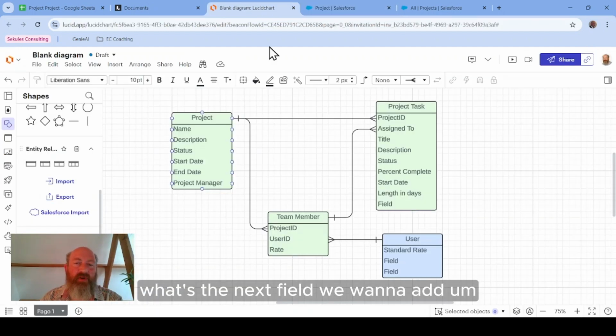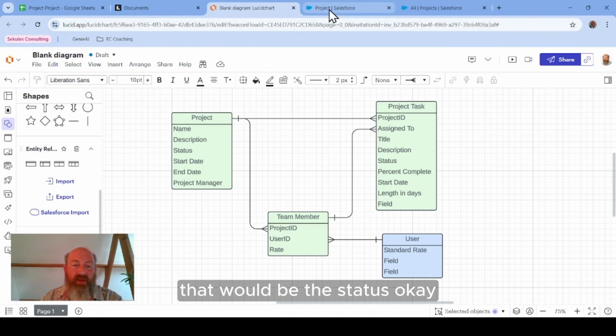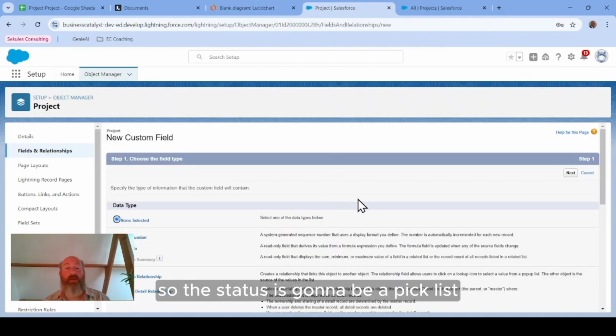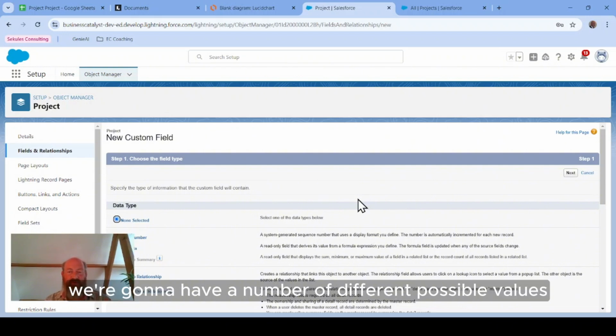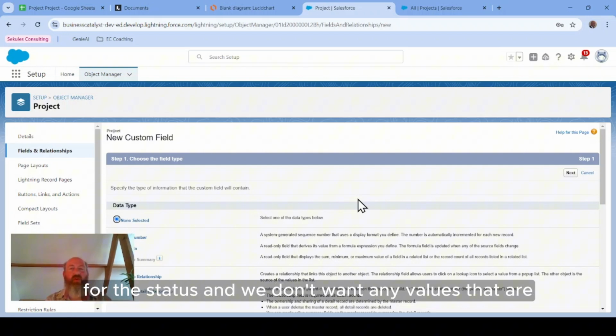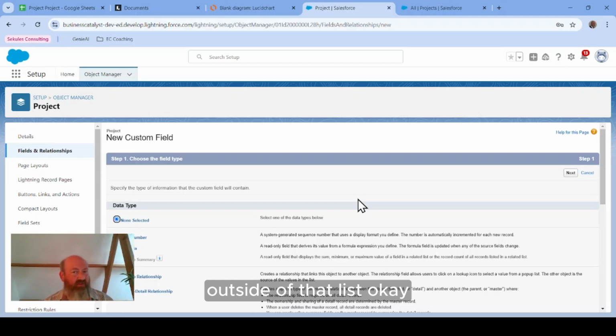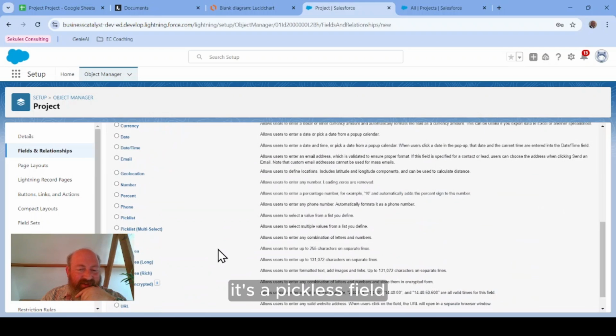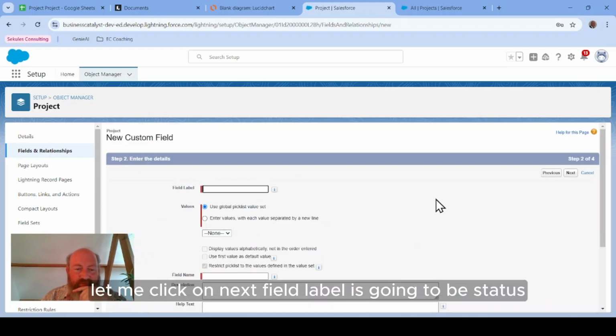What's the next field we want to add? That would be the status. Okay, so the status is going to be a pick list. We're going to have a number of different possible values for the status, and we don't want any values that are outside of that list. Okay, so here we go. It's a pick list field. And then we click on next. The field label is going to be status,